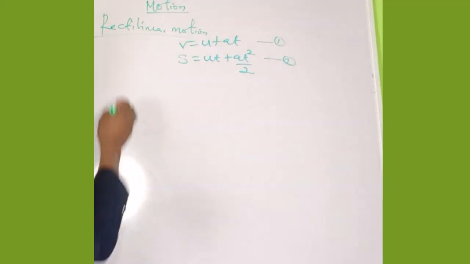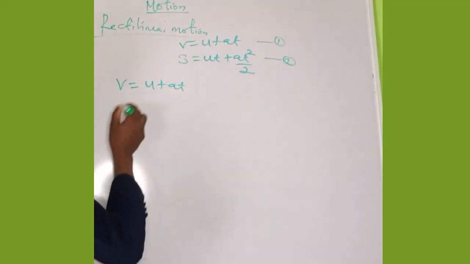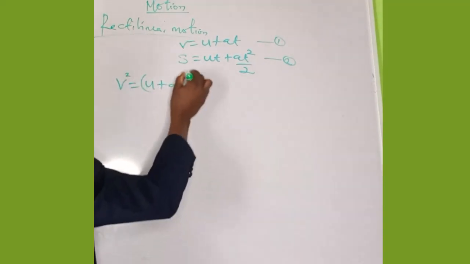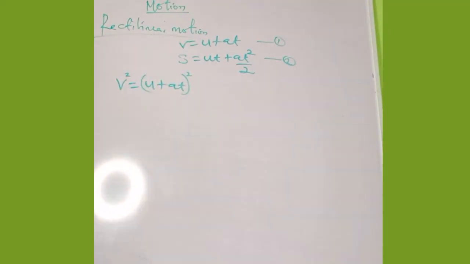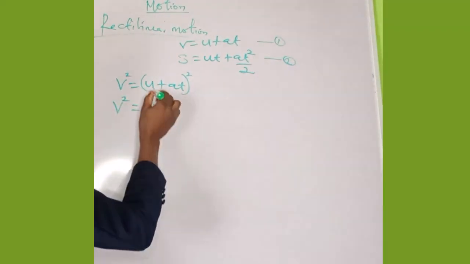The last one is, if V is equal to U plus AT, we square both sides to get our last equation of motion. We're going to have V square equal to U plus, when we square both sides,